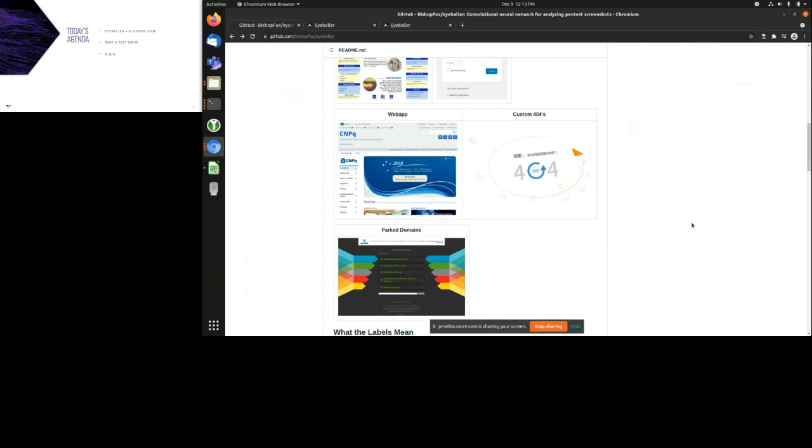Nonetheless, it's an uninteresting page. It's not something you actually care to follow up on later, so we'd like to remove it from our list of interesting things. And Eyeballer can help do that. Because you as a human being can look at this page and go, oh, that says 404. Or if it has a picture of a robot with smoke coming out of its head and says oops on it, it doesn't have 404 anywhere on the page, but you know what that means, right? And so Eyeballer can try to pick up on that automatically.